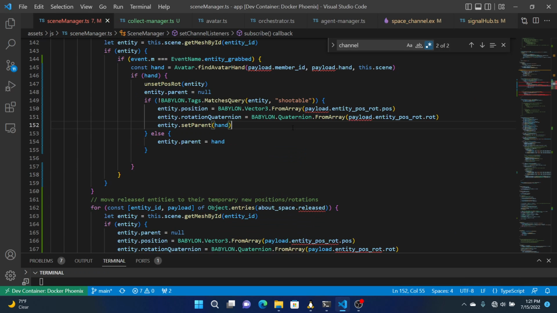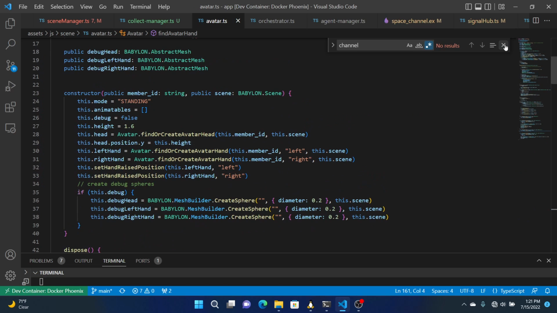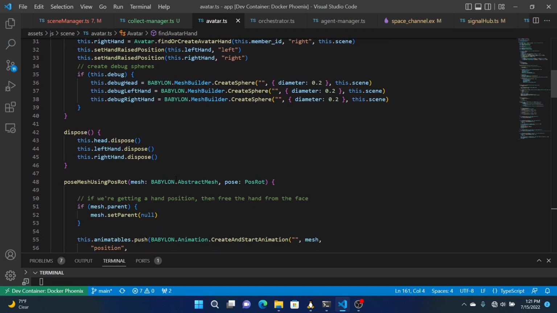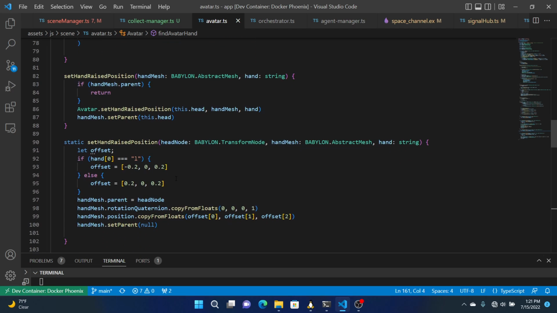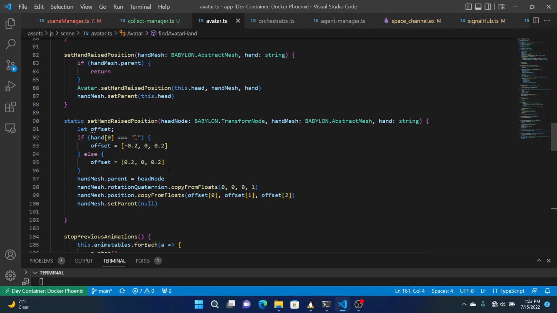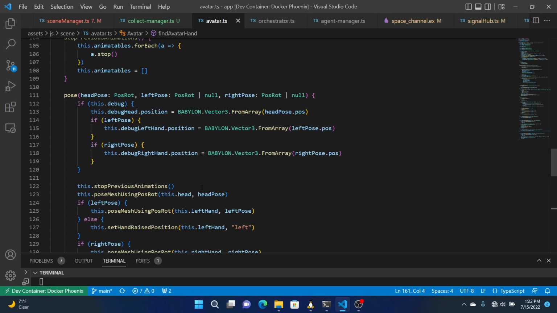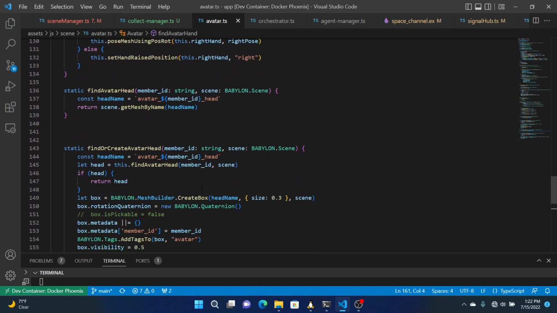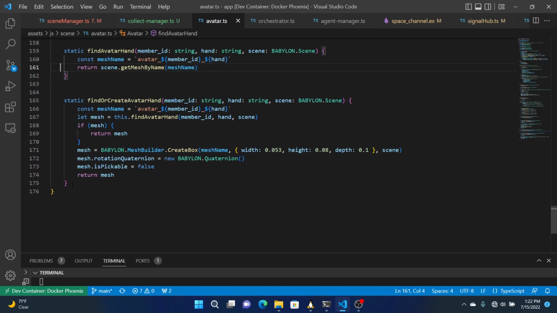Okay, let's look into the avatar class. So we have methods for creating the avatar, disposing the avatar, posing the avatar, setting the hand raised position, static end member, and stopping animations, setting the pose, finding the avatar head, finding or creating the avatar head, finding the hand, finding or creating the hand. So I think we want a static method to